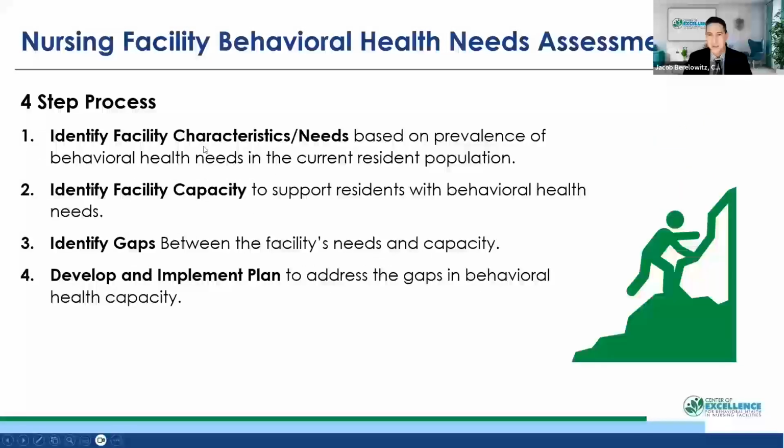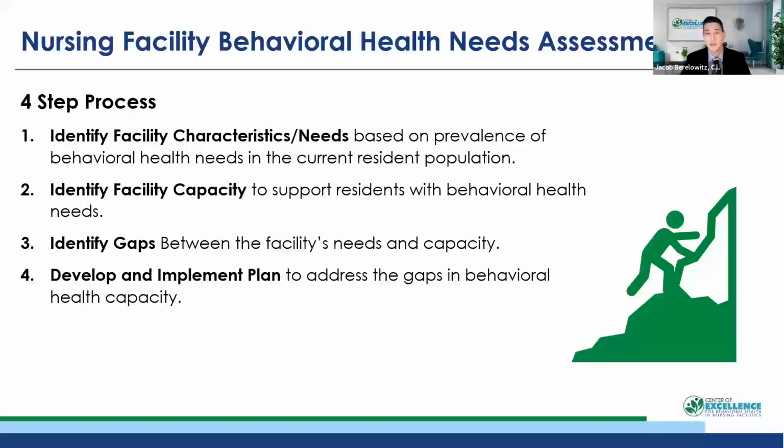And so with that, let's go over our process. We have 4 steps. And again, for those of you who may be familiar with the gap analysis, you'll kind of see some similarity here. Our first step is we're going to identify all of our facility's characteristics and needs. What does our current resident population look like? What kind of needs do the residents have? Or what are the current needs within our community of all of the prospective residents, right? So all of those referrals that we're getting, what are we seeing in the referrals that we're getting from hospitals?